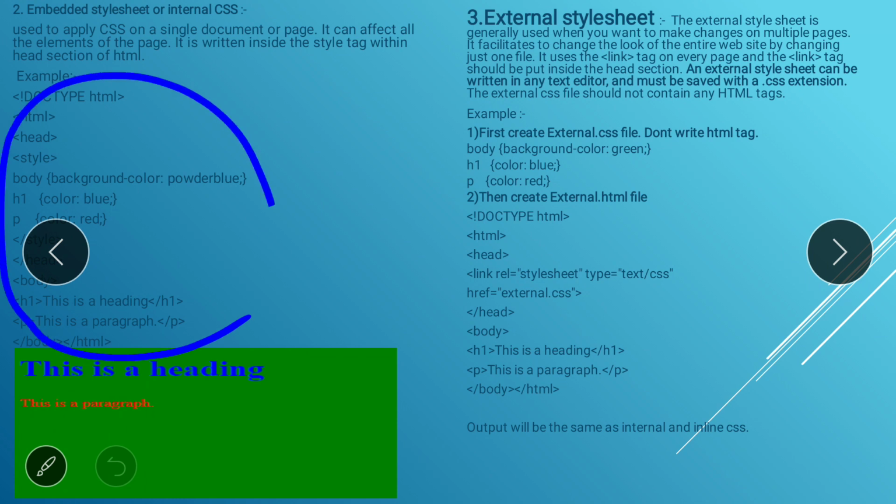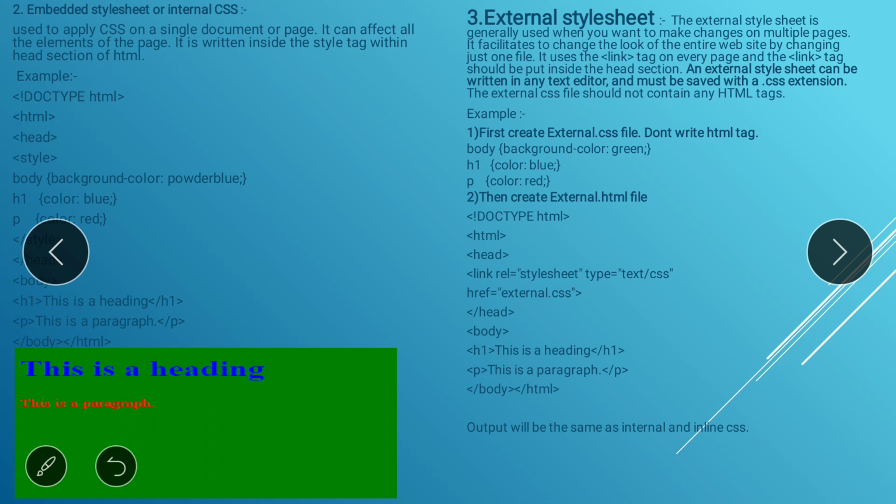Here internal CSS we have to write in the head part between the style tag, and in the previous slide we already learned the syntax, so that syntax we apply here. Same output, the only difference is how the CSS is written.